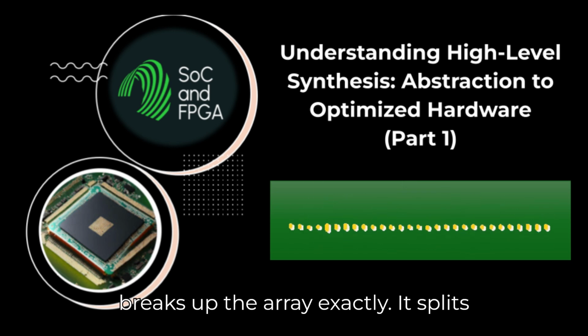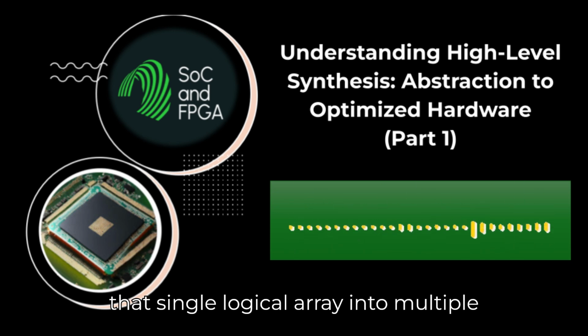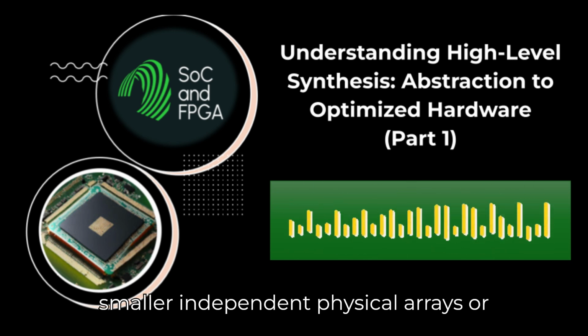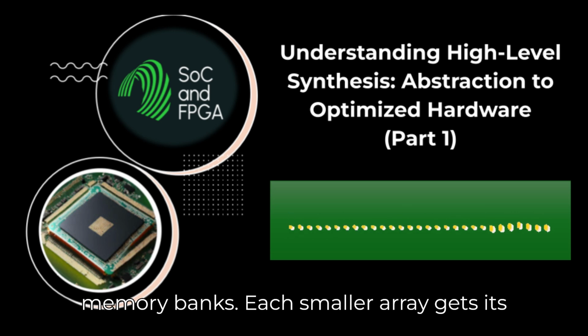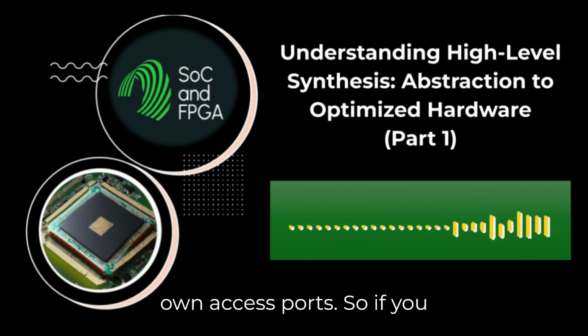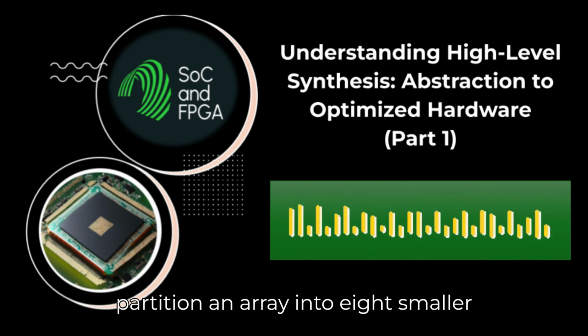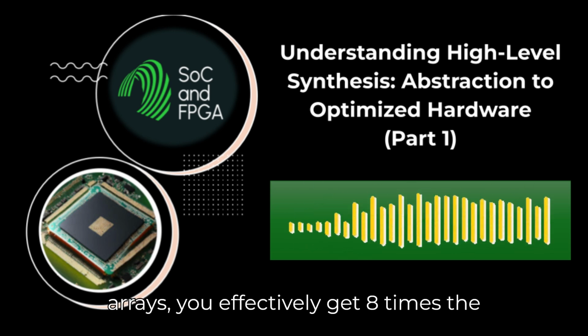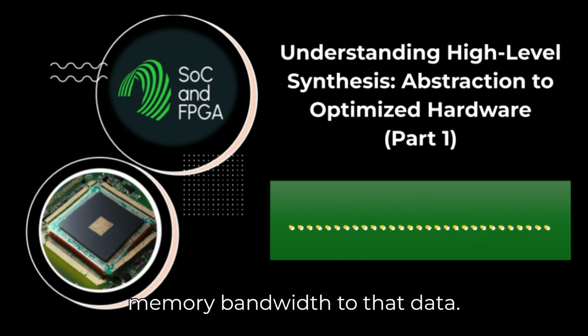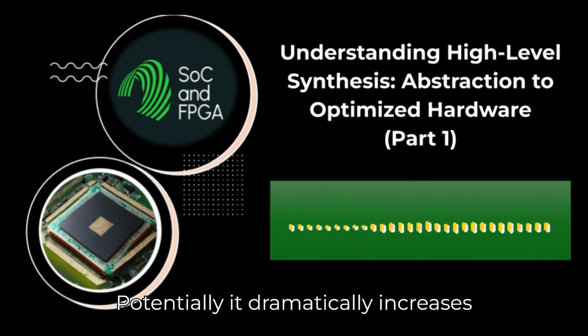So array partition breaks up the array. Exactly. It splits that single logical array into multiple smaller, independent physical arrays or memory banks. Each smaller array gets its own access ports. So if you partition an array into 8 smaller arrays, you effectively get 8 times the memory bandwidth to that data, potentially. It dramatically increases the